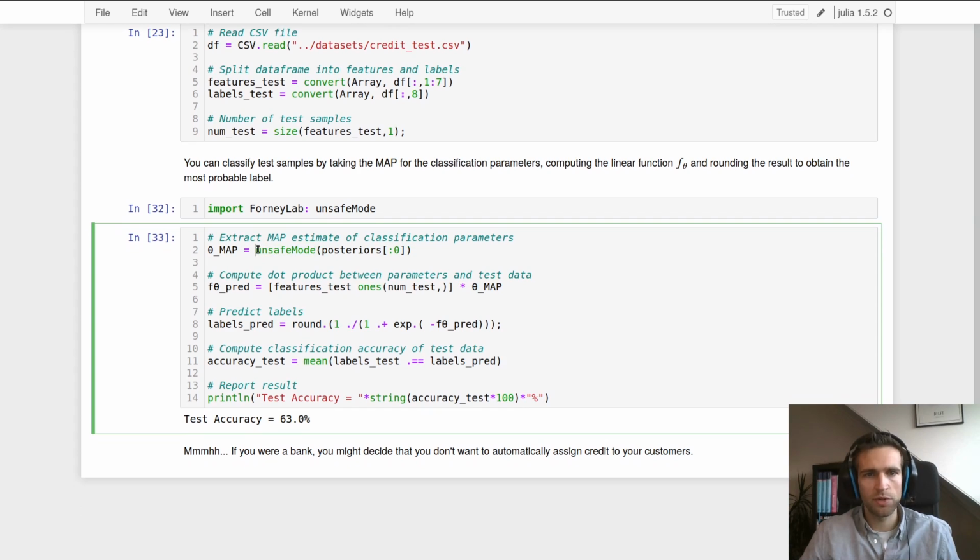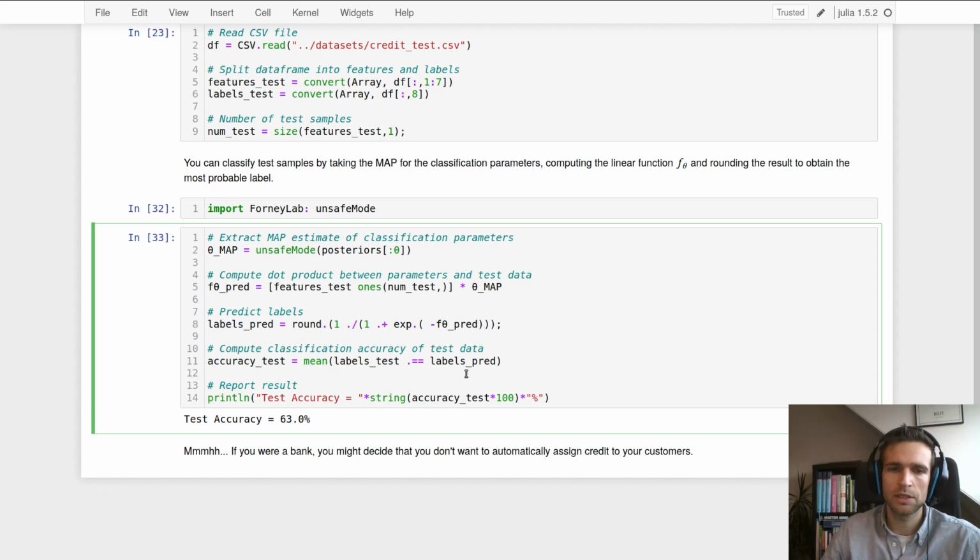Ignore the fact that there's an unsafe mode. We're just extracting the mode from this posterior. Then we're computing the dot product between the features augmented with 1s and theta MAP, the point estimate. Then we are pushing the result of this dot product through the sigmoid transfer function, and then we're rounding each entry to produce a set of predicted labels. Then we can compute the classification accuracy on this test data set by just checking how often our predictions match our test labels. Printing that